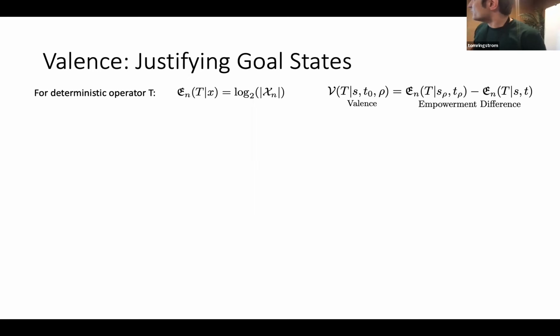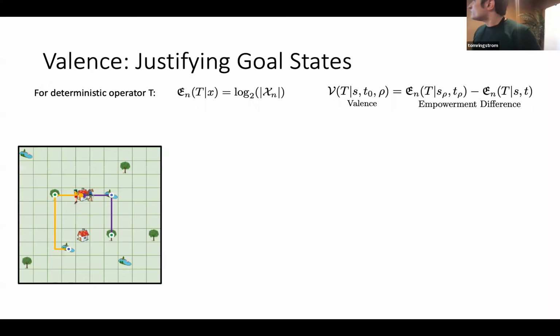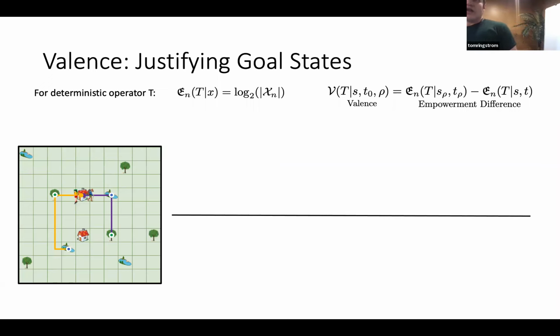Rho here, which I didn't put down, is just a sequence of policies. So rho is like a plan. S_rho is the state that you end up at after following that plan, and T_rho is the time. What that means is that you can have an evaluation function on these plans. You could, for instance, use breadth-first search to sample the space of sequential plans, right? And here I'll just show you two.